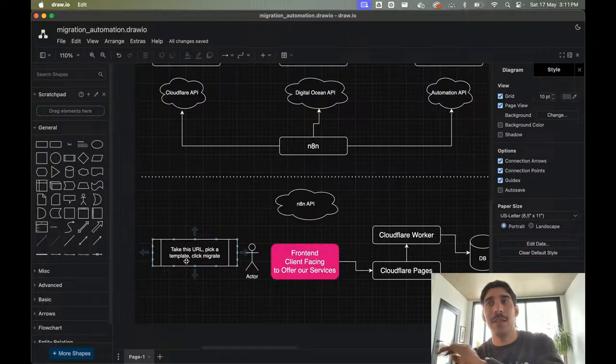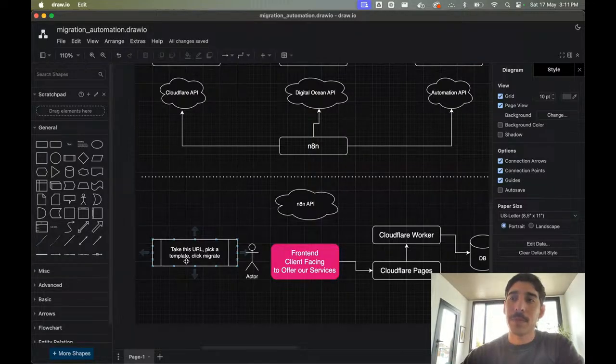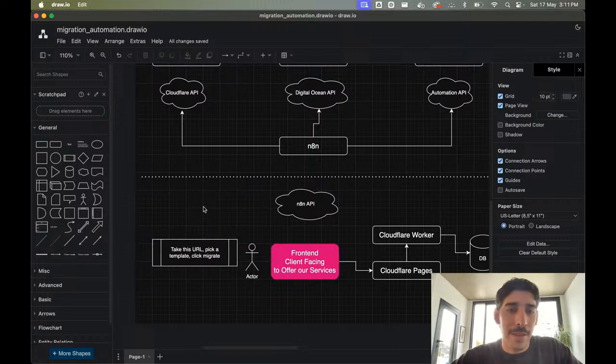Everything should be there in the destiny website without losing anything. It should be quick, fast, and very trustworthy. It should be that easy, super simple.